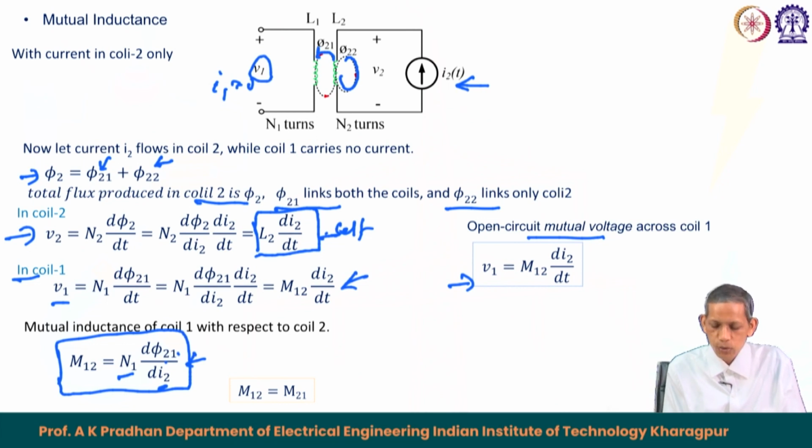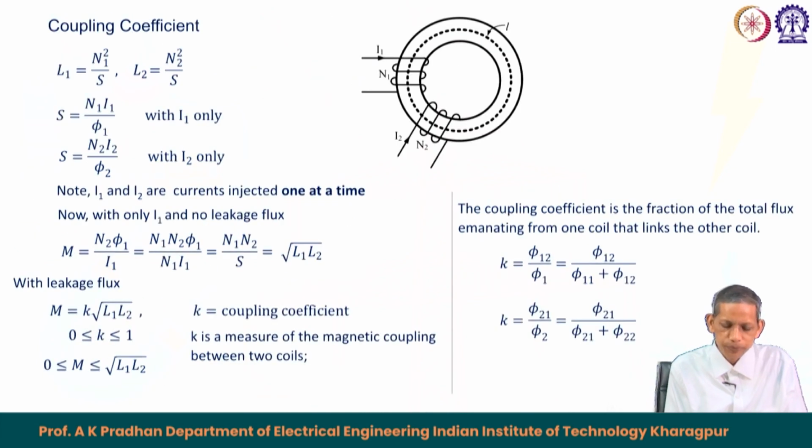So, in both the cases we say that from the symmetry point of view M12 becomes equal to M21. So, coil 1 flux linking to coil 2 or coil 2 flux linking to coil 1, in general, from the symmetry point of view, M12 equals M21. From this mutual